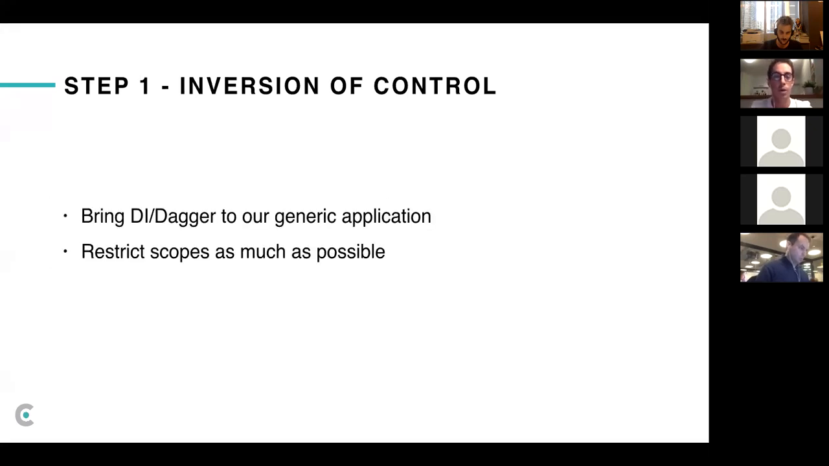So, when it comes to inversion of control, bringing dependency injection with Dagger into our generic application will be step number one. Also, be careful with the scopes. I know that SoundCloud, for example, makes heavy usage of dependency injection, and I know they had a lot of issues with the scoping of the components in Dagger. This is something we will need to investigate to restrict the scopes as much as we can. But I don't want to go too much into details in this presentation, and I think it could be taken up when we go to the next step, which is